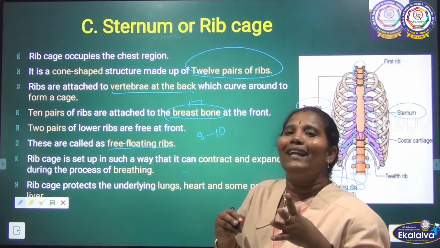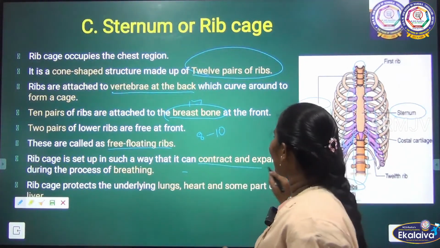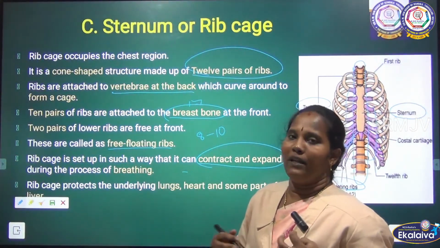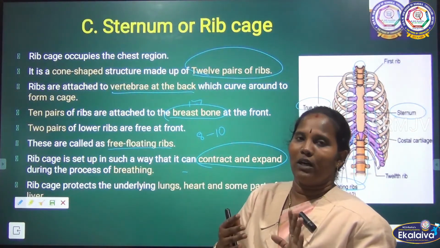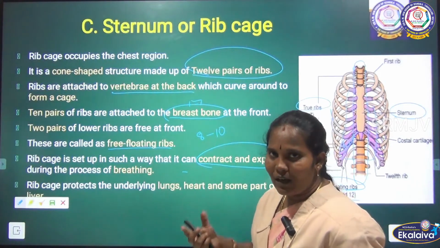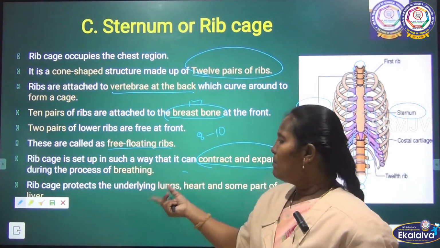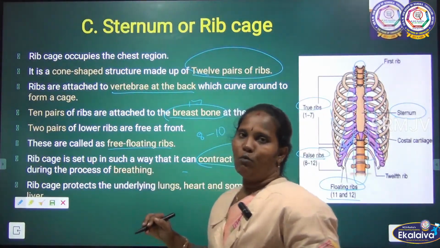Clear? The ribs also help us while we are breathing. During the breathing process, they help to expand and contract, and that's why we can breathe. While we breathe, they make space for our lungs, so we can breathe easily. For this contract and relax process, some muscles give help too.